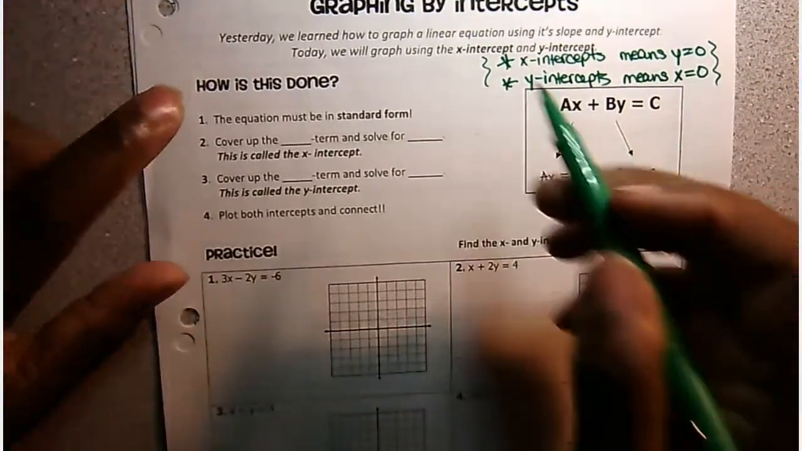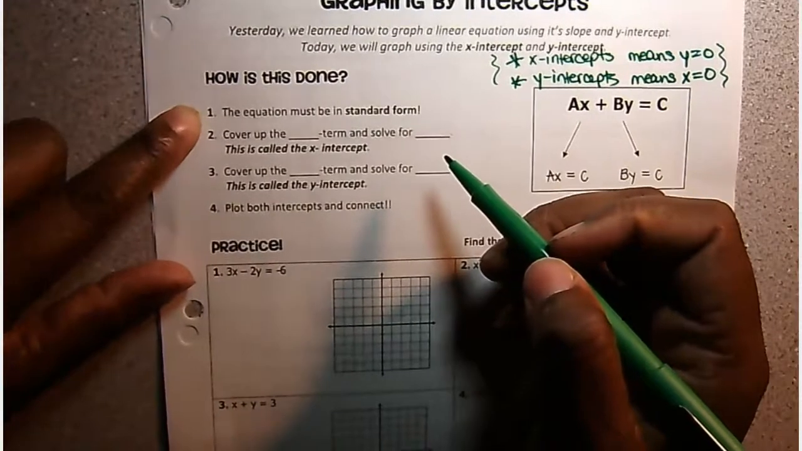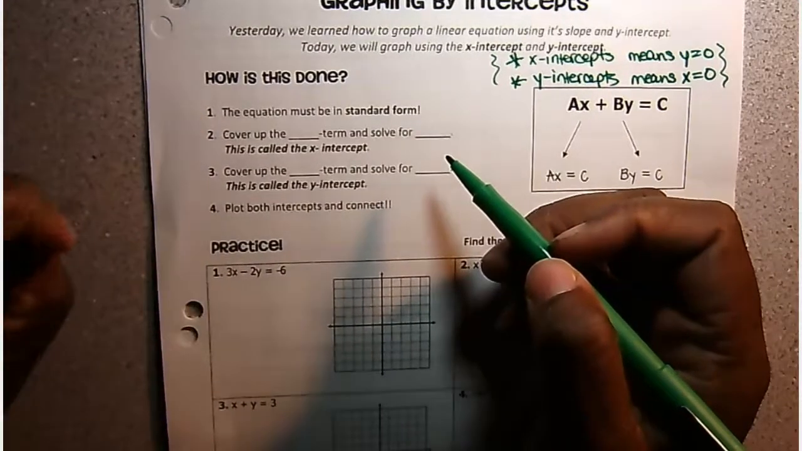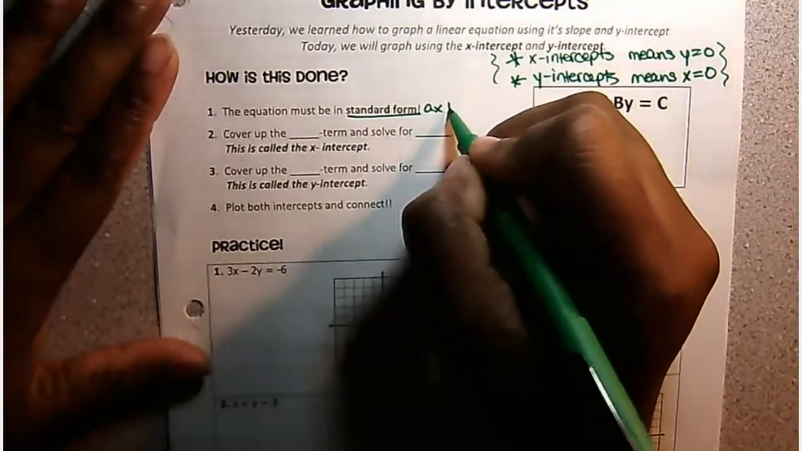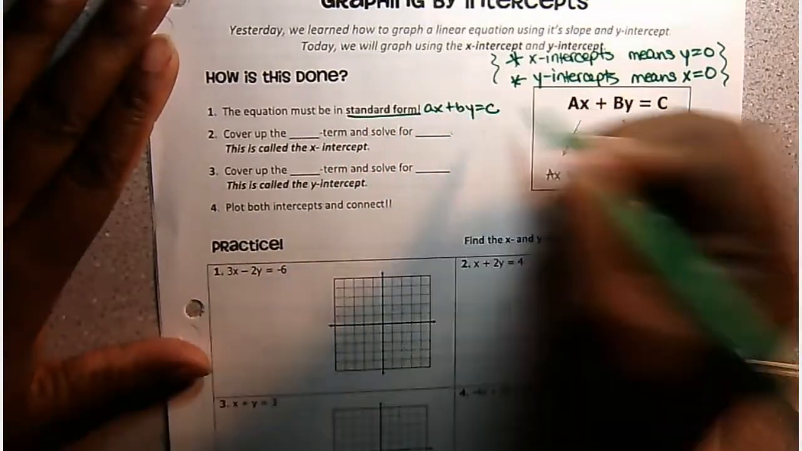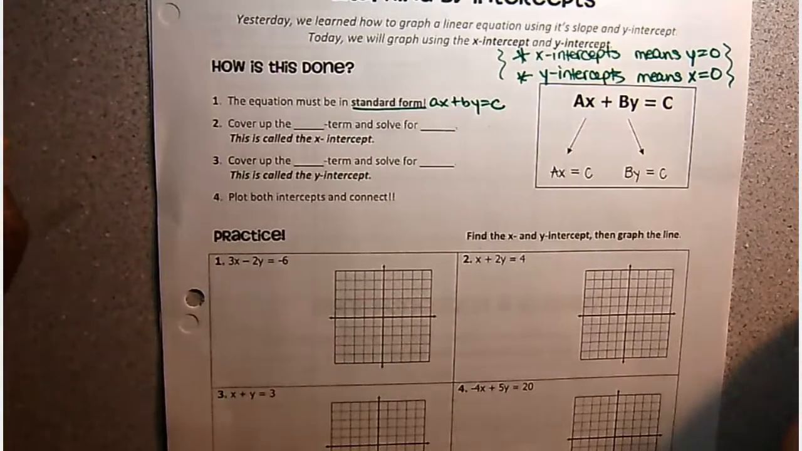All right. So how I graph by intercepts is, number one, the equation must be in standard form. Equation must be in standard form: Ax plus By equals C. If it's not in standard form, you must put it in there before you can solve by intercepts. Number two,